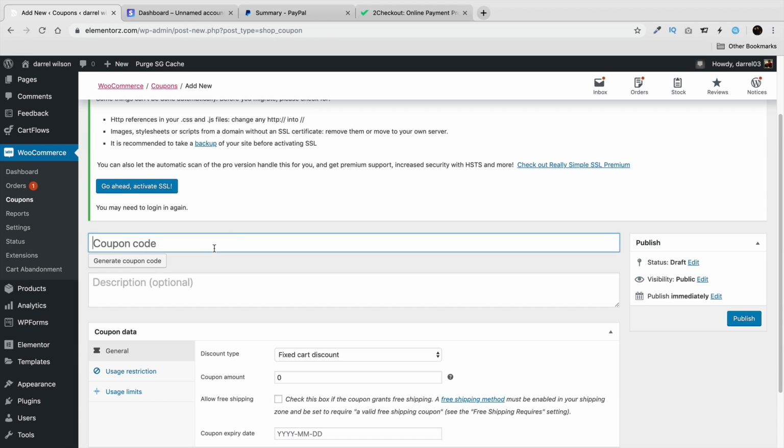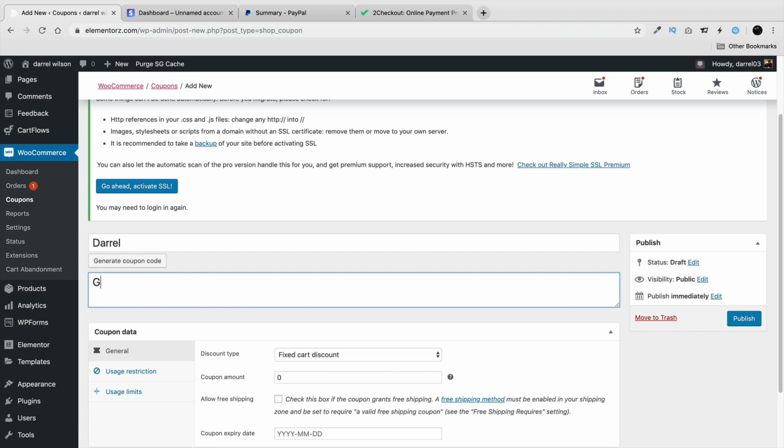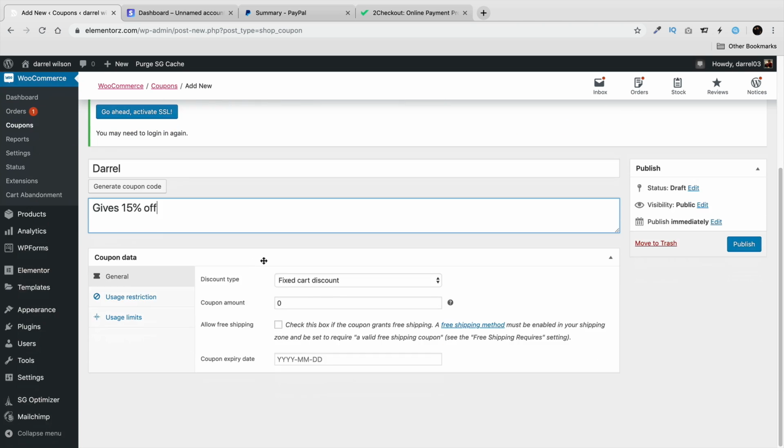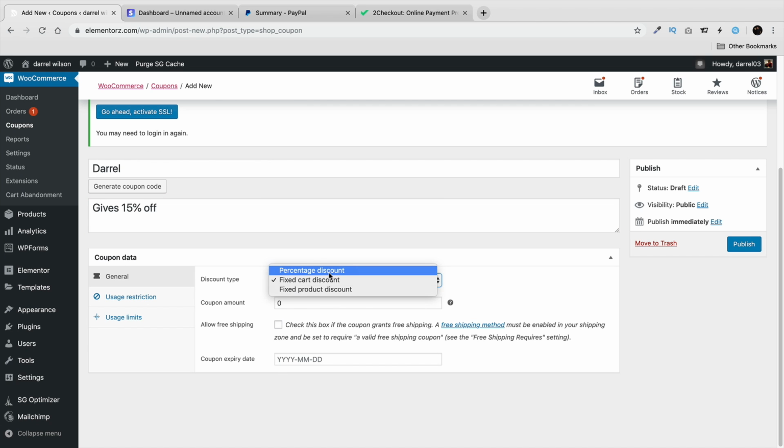And right here, I'll go ahead and say this is the Darrel discount, and then I'll put like gives 15% off. So right here we have different options. Now we have a fixed cart discount, or we have a percentage discount. So a percentage is going to give them a % off the total order. A fixed amount is going to give them a dollar amount off the total cart, or a dollar amount off